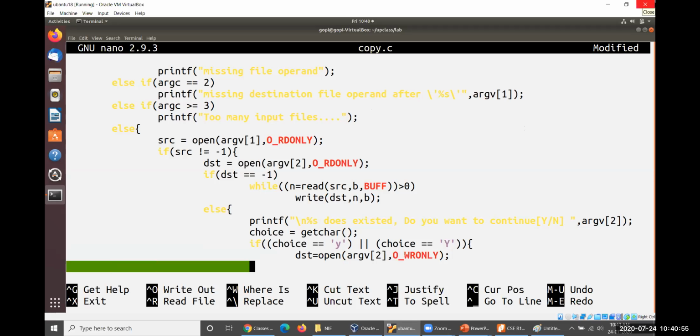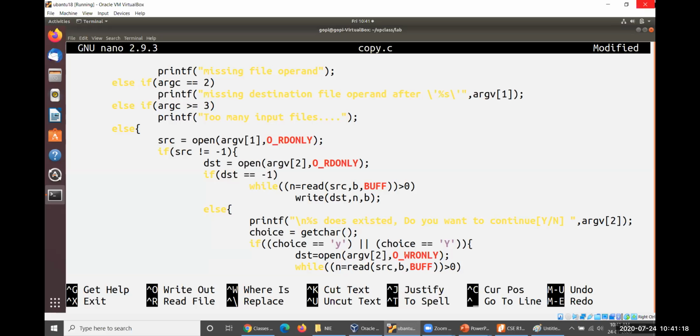Then you have to read, the same kind of operation will be performed here. While n is equal to read of src, comma, b, comma, buff, that amount of data will be read, greater than 0, until this condition is true.